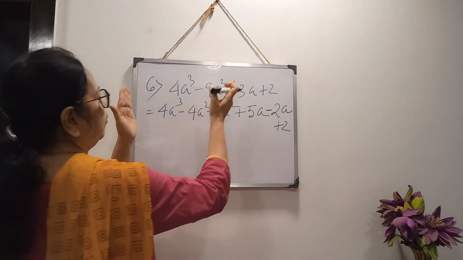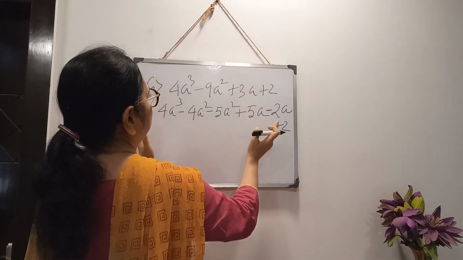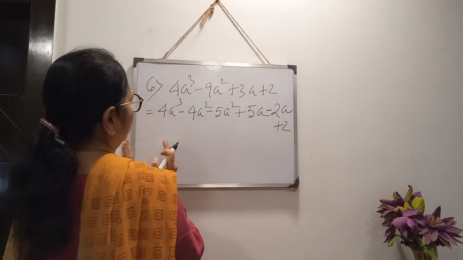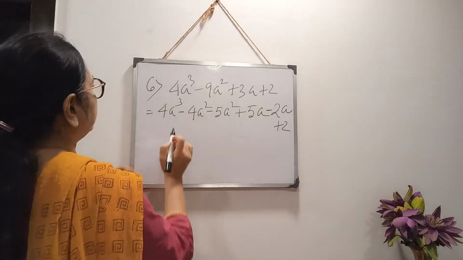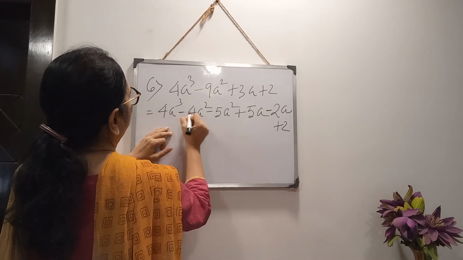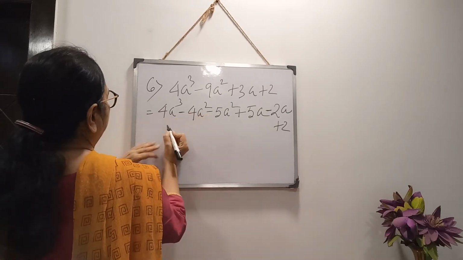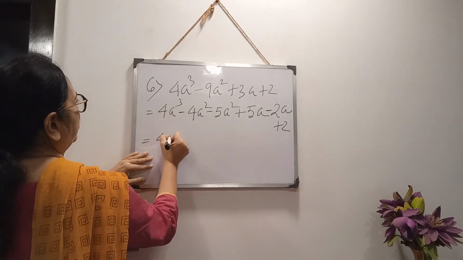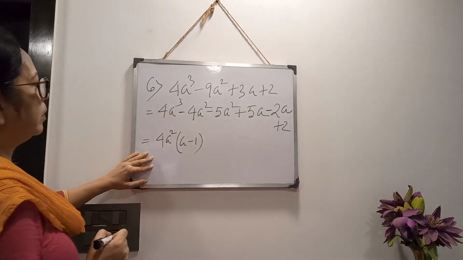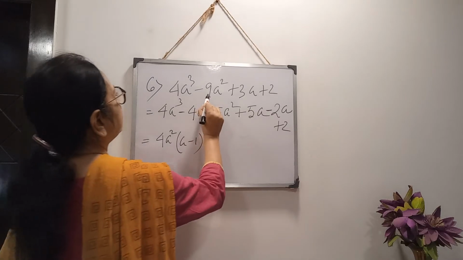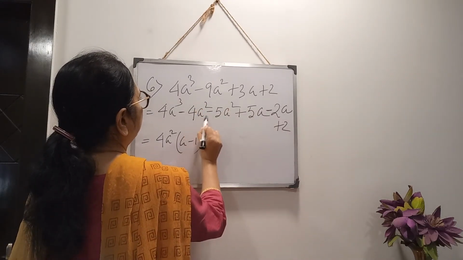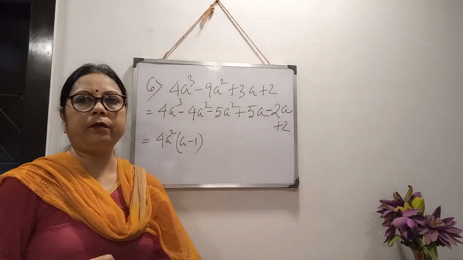Now I have to rearrange the expression in such a way that when we take common, the a minus 1 factor is coming. Now see, 4a cube. Now the next term, if I write 4a square, from here if I take 4a square common, then see, I am getting a minus 1. Clear? But there is 9a square. I have taken only 4a square. So minus 5a square is left.